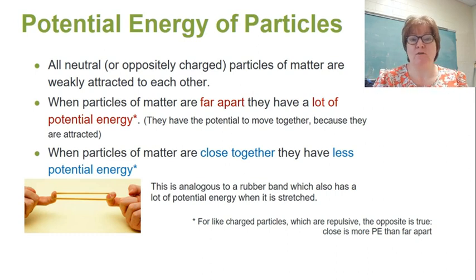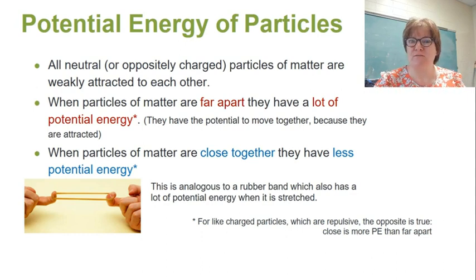Again, the particles' atoms are actually attracted to one another. So we think of them as being like two independent things that are hard and they just hit and bounce back. But in reality, they're a little bit attracted to one another. Protons and electrons are a little bit attracted to one another. And so when you have two particles that are attracted, the potential energy when they are far apart is greater than the potential energy when they're close together. If they're far apart, they have the potential, because they're attracted, to move closer.